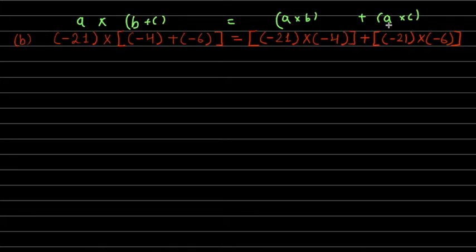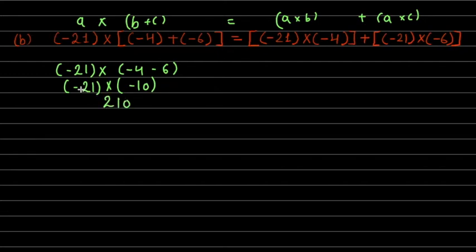We will again verify this question. So first thing, we will be solving the brackets. So take minus 21 as it is, minus 4, and plus minus is minus. If you open the bracket, this becomes minus 6. Let's do it. Minus 21 into, what will it be? Minus 4 and minus 6. Integers with the same sign are added together. Now 21 into 10 will be how much? 210. And since it is 2 negative signs, minus and minus becomes plus in multiplication. So we are getting 210.